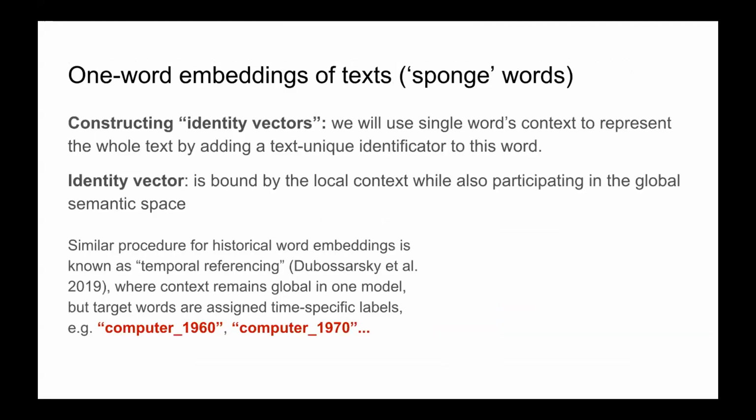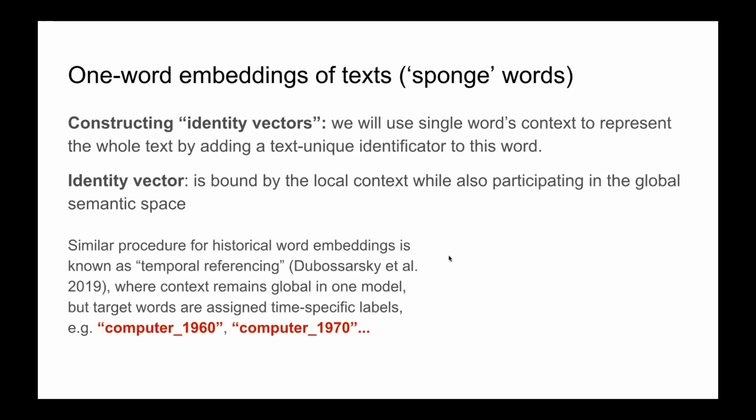Of course, some approaches have already been done, and we are inspired by some of them. So what we do, we use the idea of sponge words, as we call it. The sponge words being one word at a time, being identified to be trained in the model. So we train a word2vec model or GLOVE model, word embedding models, in which we replace the original word, the word "the", for example, in the first case, by its representation in particular texts.